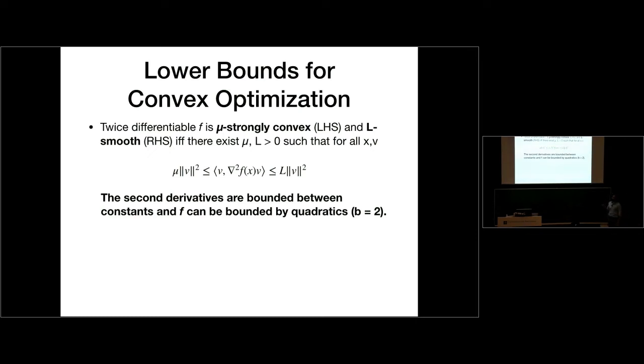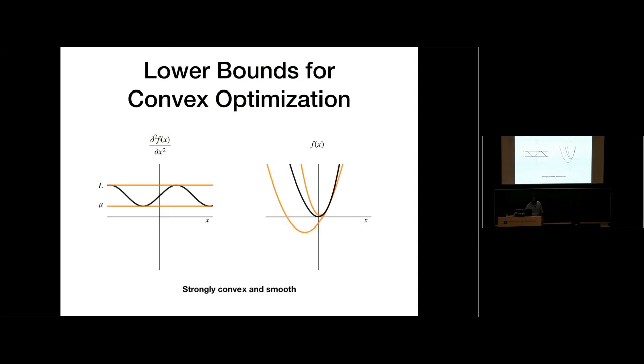And if you go back to f space and not just its derivatives, this means that f can be bounded by quadratics, not just linear lines. Okay, and in pictures, it's the following. This would be, let's say, the second derivative of a function. Well, it can oscillate, but the condition of strong convexity says that there has to be a positive lower bound everywhere, mu. Smoothness would be the existence of a positive upper bound everywhere, L. And this is bounding that function by quadratics. This should be reminding you of the b equals 2 case, and that's not an accident.